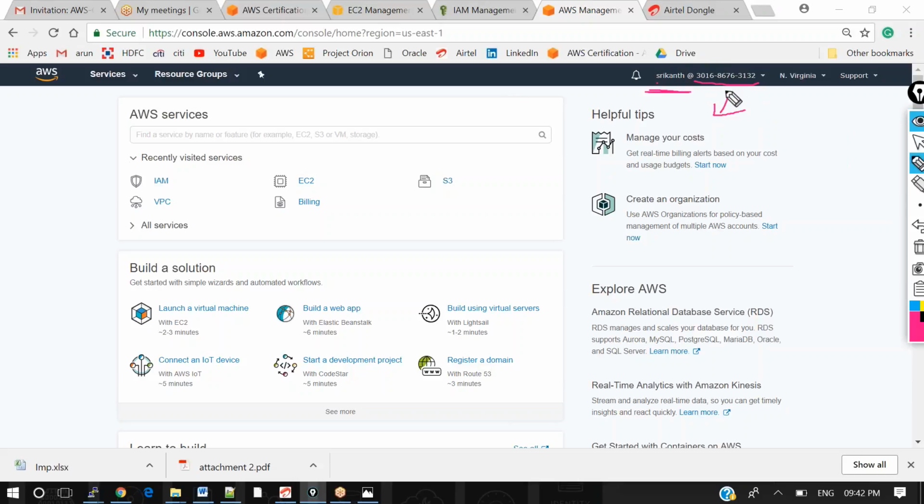Even if TCS, CTS, or Infosys gives you a login from AWS, people will not give you root access at any time. You will be treated as an IAM user. When you log in, you can see your name and your account number, and also which data center this account is hosted on.